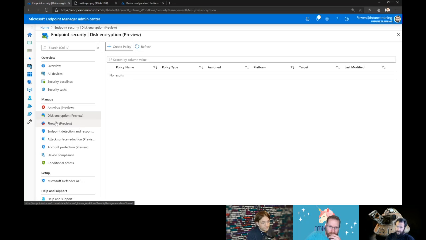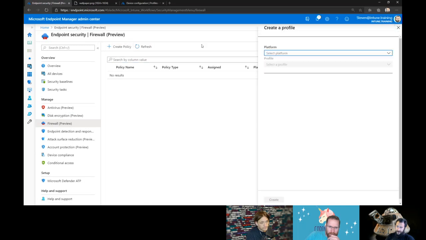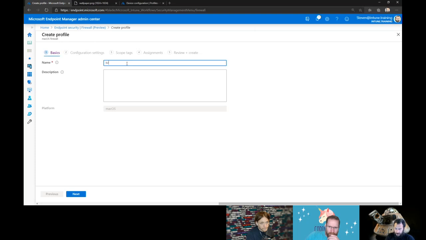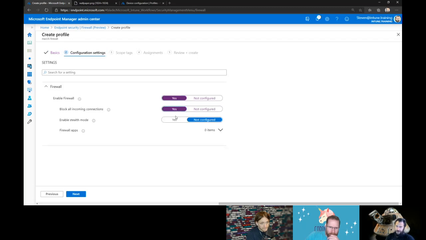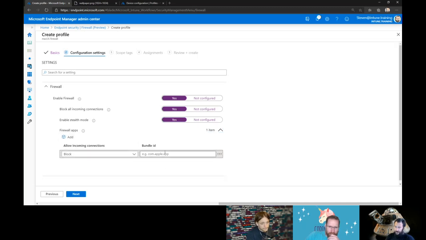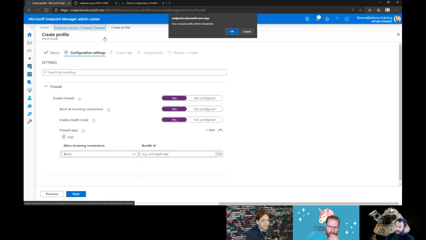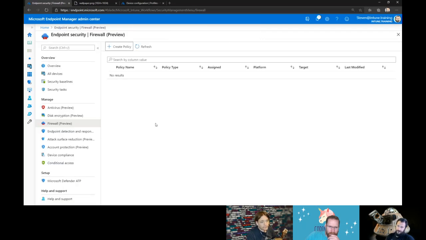I think so too. So then we've got the firewall rules, and the one thing to note here is on the last 3 of these, there's been Win10 and Mac OS, which I think is pretty awesome. So I can now go in here and do Mac OS, because it's lowercase m, not capitalized M. And you can just turn that on and start putting all of those rules in there. Yeah, cool. And adding in policies to say allow in from this or block from this. Yeah, that's great. So it's not just for Windows 10, which is awesome.